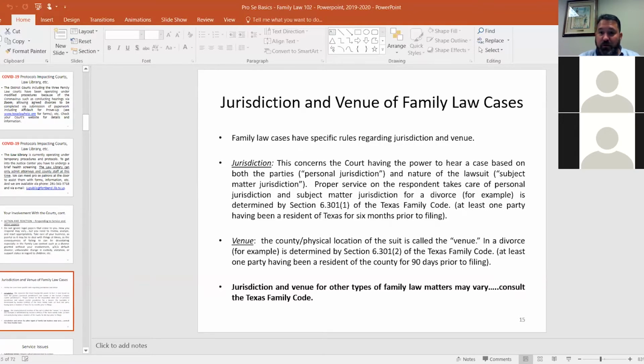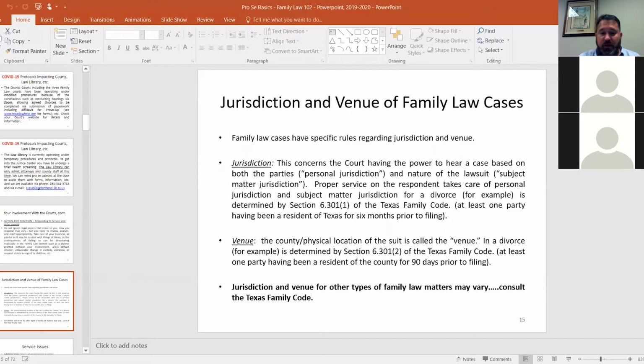Why would you be in the courts in Fort Bend County? There's jurisdiction and venue, terms you might have heard of. Essentially, jurisdiction is the power for a court to hear a case. The jurisdiction for family law cases is conferred upon the family district courts here in Fort Bend County, and to have a state